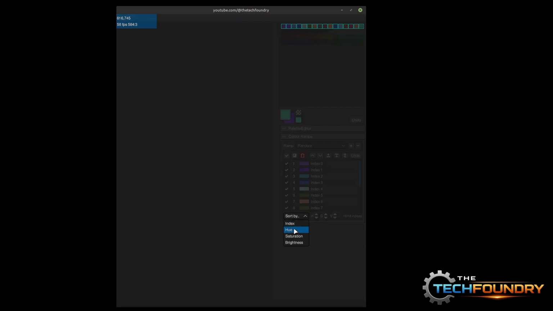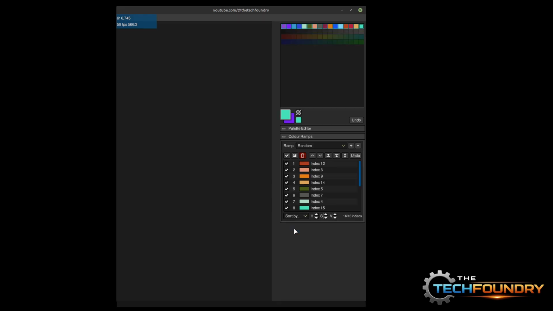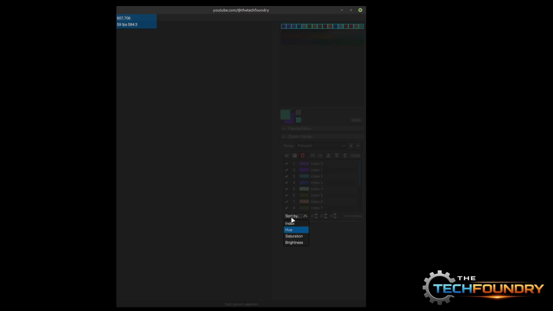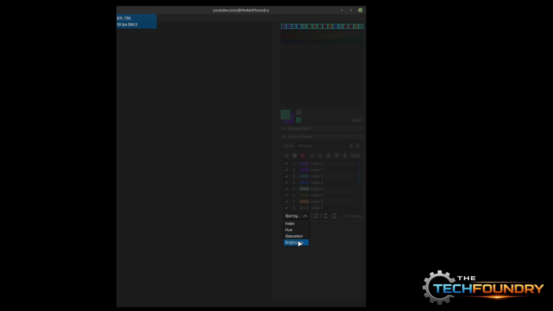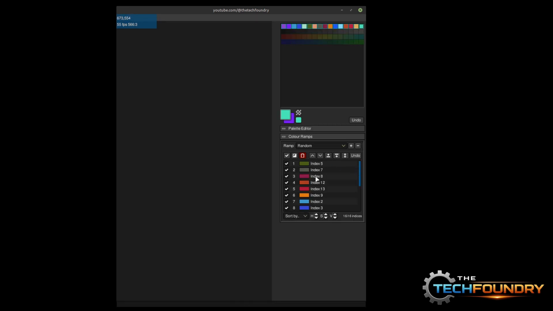We can also order by the hue, basically the colour. So it should go red to blue. There we go. And back to red again because hue is a 360 circle. We can undo that if we wanted to. There we go. And we can sort by saturation. So how much colour is in the actual palette index, so basically how not grey it is. And again, we can undo that. We can sort by brightness. So we've got the dark greens and greys, then the dark reds, and it goes up to the very pale blue there. So that's quite useful,